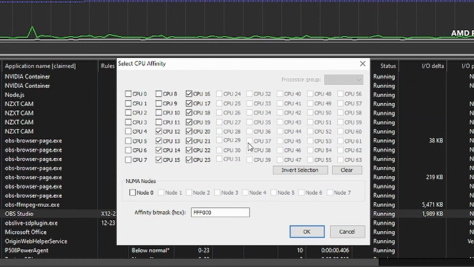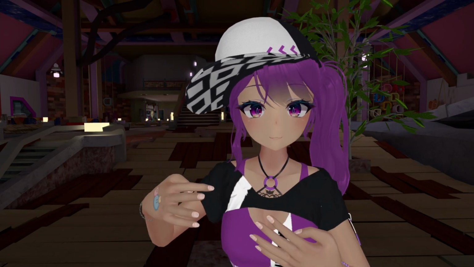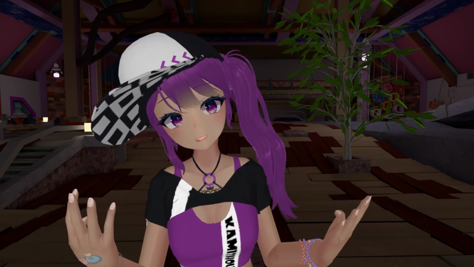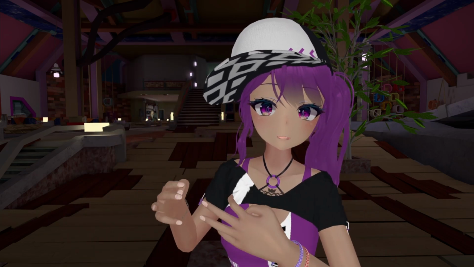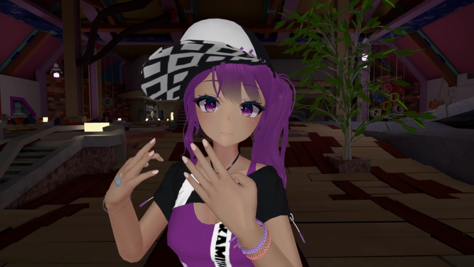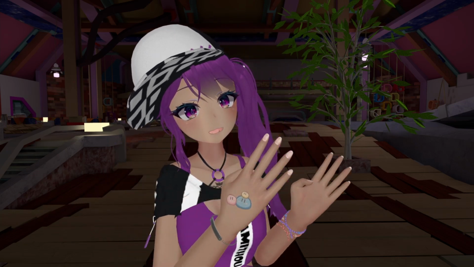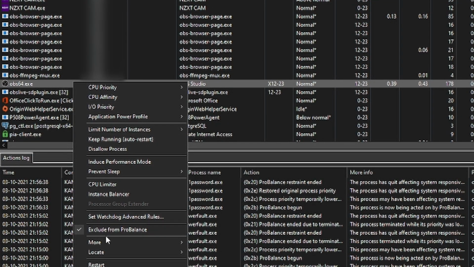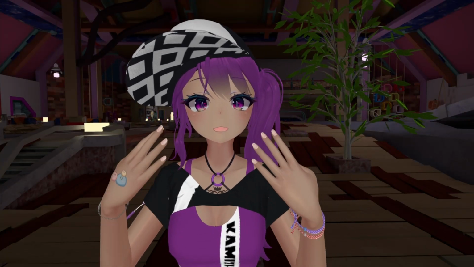Here you want to define which of the threads that you specified in OBS to use. I would recommend the last 12 threads if you have a CPU like me, but if you have an 8-core 16-thread CPU, I recommend you figure out how many threads you need for the games that you play and the apps that you use, and then set them accordingly to the last half of the CPU threads. You then want to right-click OBS again and exclude it from ProBalance so that Process Lasso doesn't throttle the